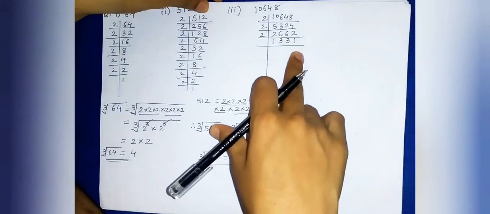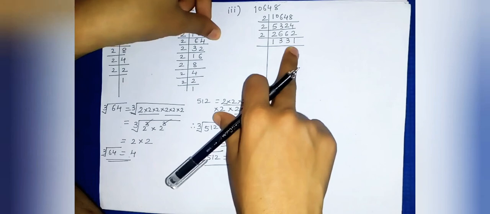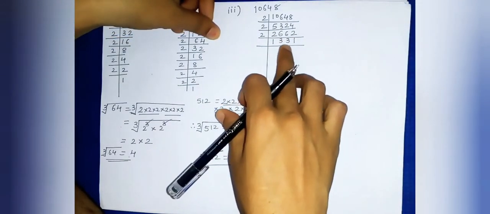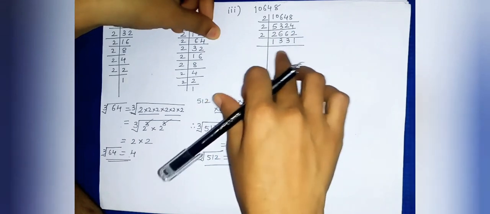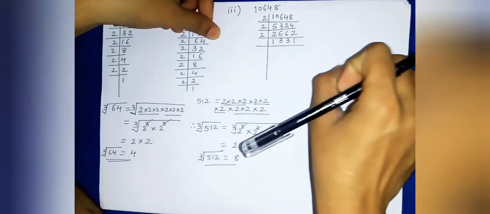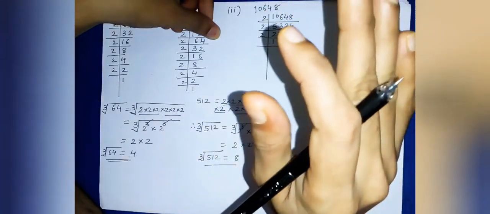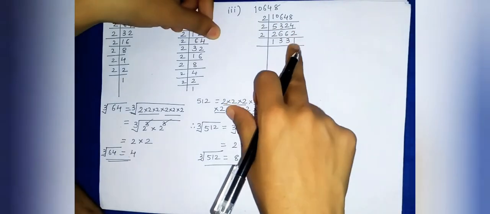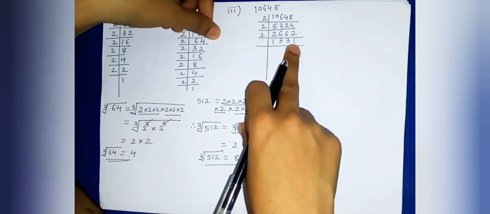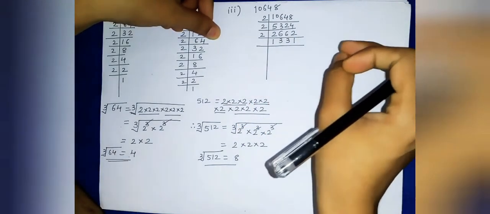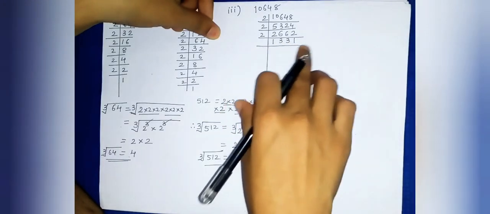4 also not possible because 4 is an even number and the last digit is an odd number. So this way, if you go on checking, this number 1331 is divisible directly by 11. Okay, it will not come in the table of 2, not in 3, not in 4, and in 5 it will not come at all, the last digit should be 0 or 5. Divisibility rules say you can easily check if you know the divisibility rules. With the help of those rules you can easily check it.